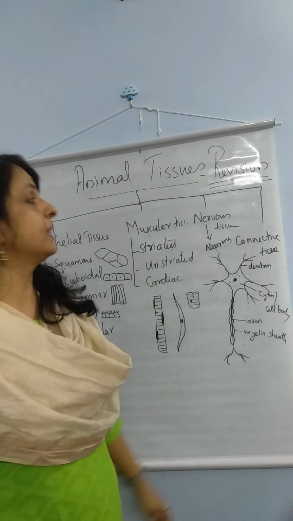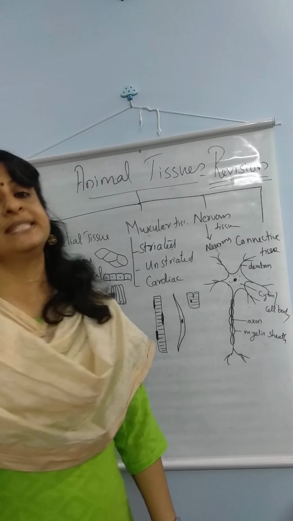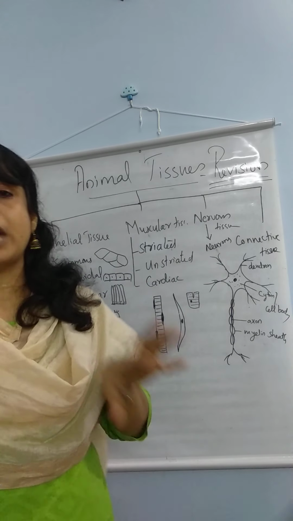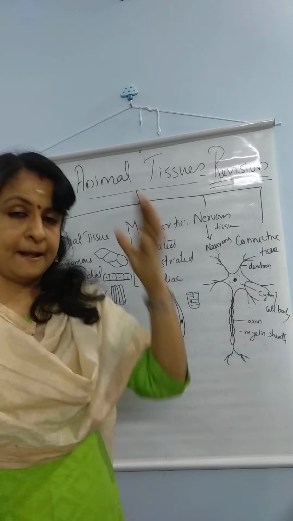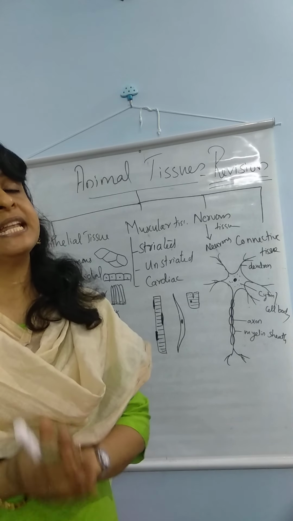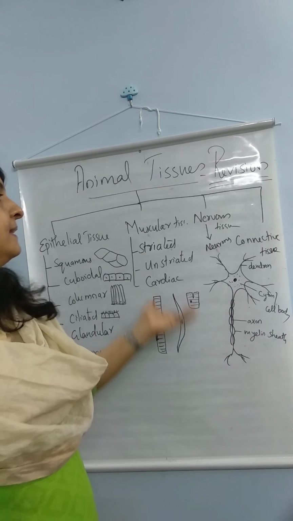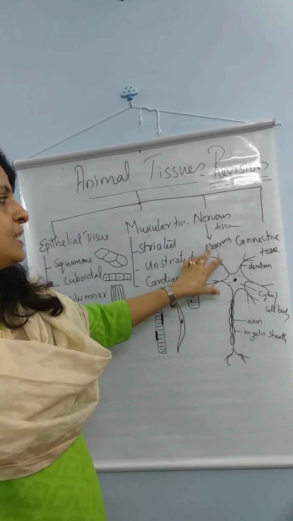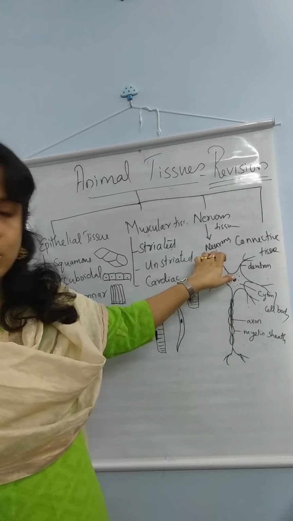Now comes the third one, that is the nervous tissue. Nervous tissue is present in our body in which all parts? The brain, spinal cord, the nerves, and in the sense organ regions you can find the nervous tissue. So nervous tissue is formed of nerve cells or neurons. This is